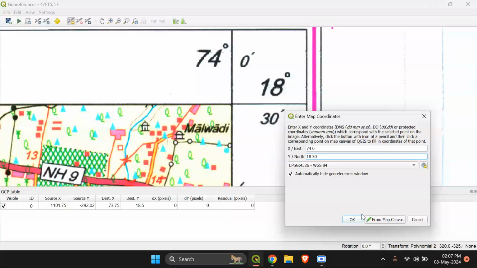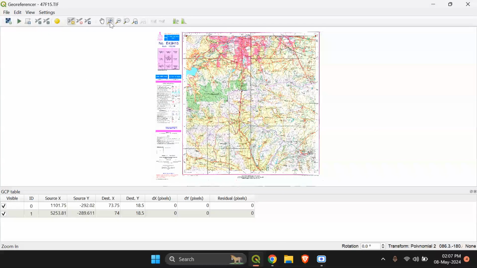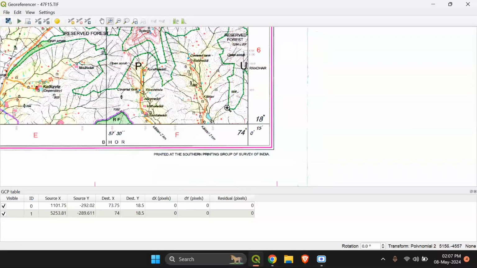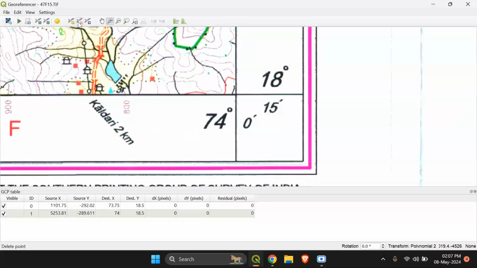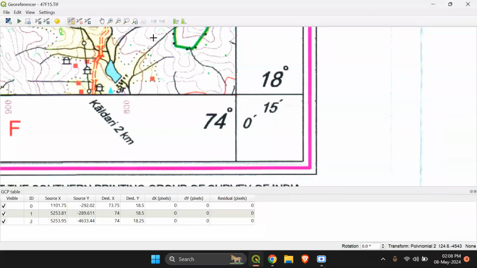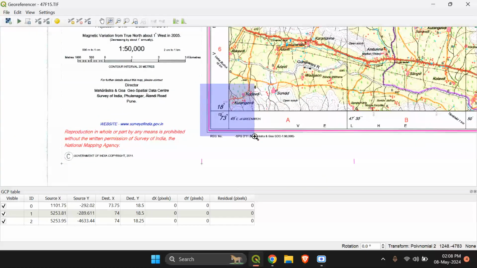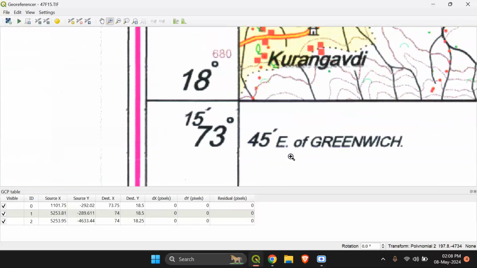Now, as you can see, longitudes are vertical lines numbered from west to east, and the value is entered in the east box X. And latitudes are numbered from south to north, so the value is entered in the box north, which is Y. So here we have the longitude 74 and the latitude 18 degrees 15 minutes. Now we go to the bottom left corner and follow the same sequence.